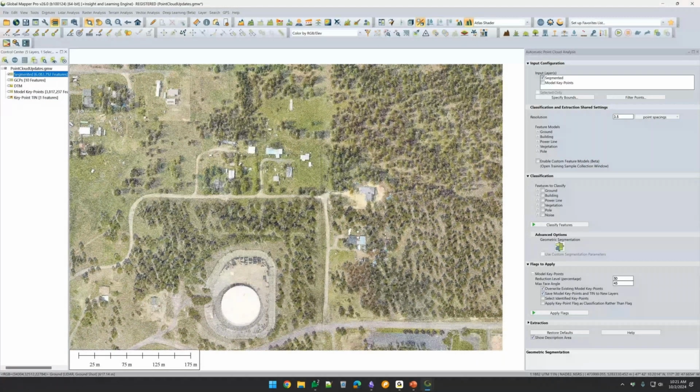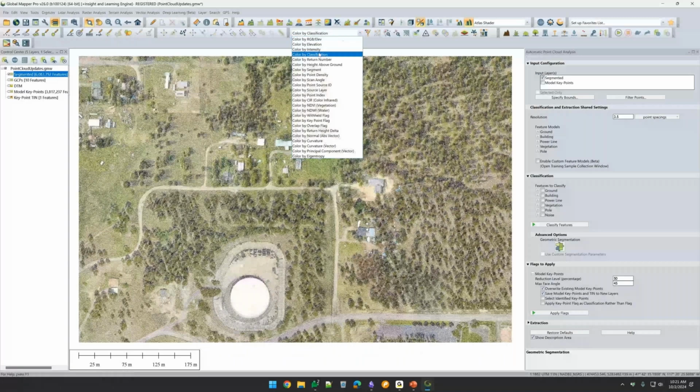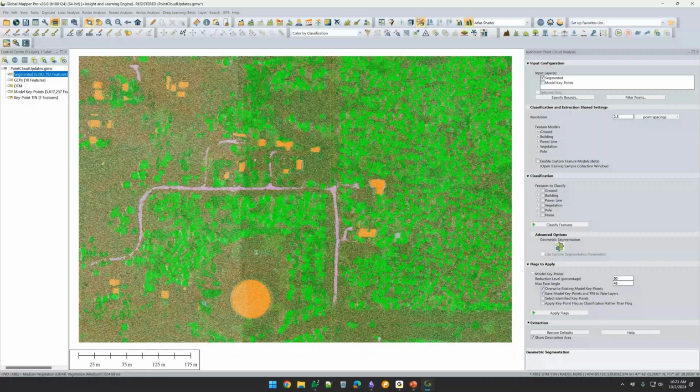So I had mentioned that this point cloud is already classified. And we'll color by that and then talk about some of the classification process. So I classified this earlier. And for those of you who've been working with our tools, you know for a while that